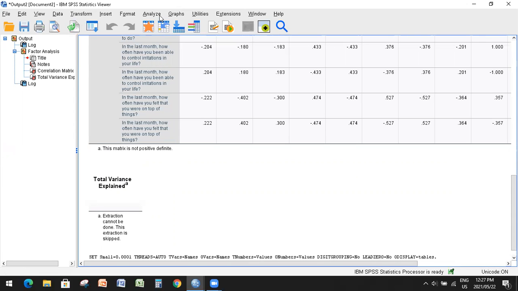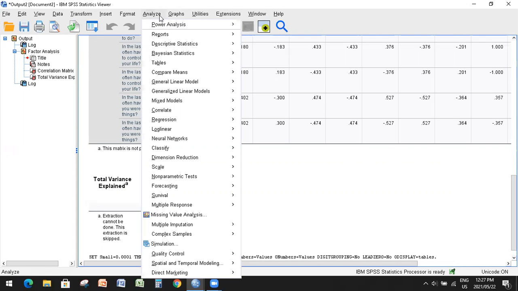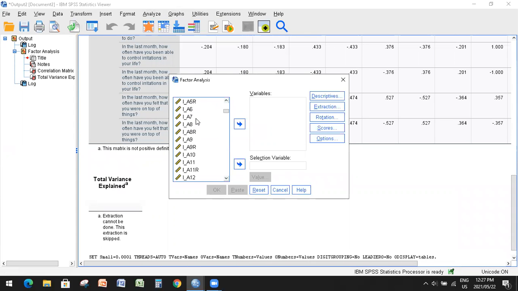So now I'm going to analyze again. So I analyze, factor analysis, and if I go to the bottom now, I see all my item numbers. I can also see from here that I would have included the wrong questions in the first attempt. So just to address that,